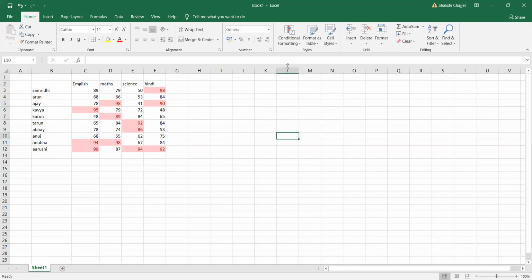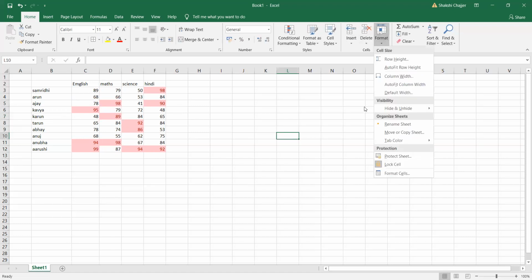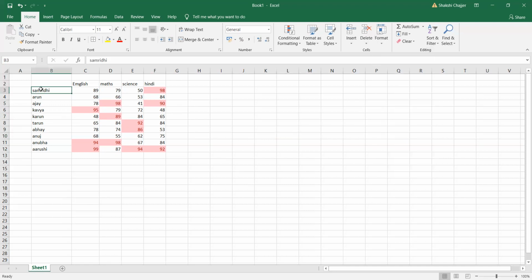Now, next is format. In format, as you can see, we have so many options. The first option is row height. If you want to format the height of the row, let's say this is the row which we have selected and we want to format the height of this row.